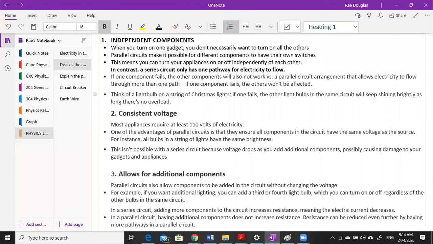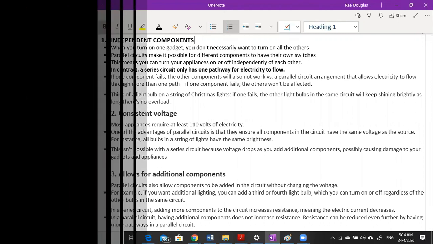So with the first point here, looking back at it, it says that each component can have its own switch. Just like with my circuit a while ago, that light bulb had its own switch. When I flipped that light switch, it did not affect the other one. So you're more able to have a better manipulation, or more